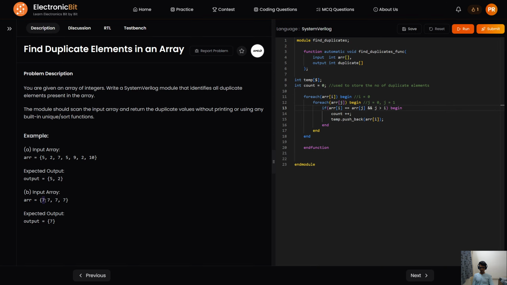Then again, this 7 would be compared with this, which is again a duplicate element. So you need to make sure that your output does not contain multiple repeated elements. So you can write one more condition here: if your array of I is inside the variable named temp,